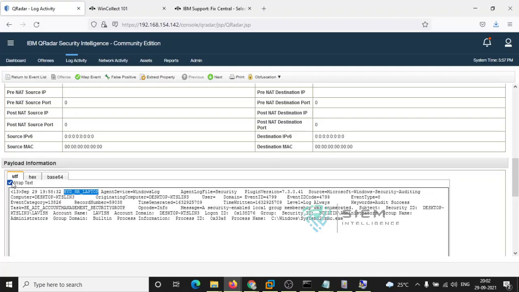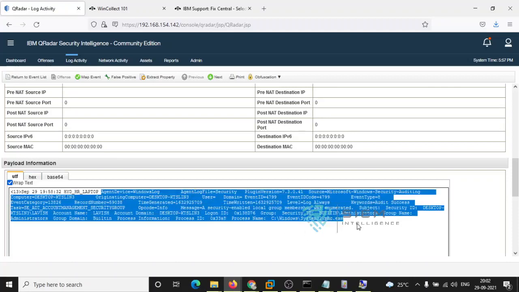If you wrap text, this will be the time till HYD HR laptop, till this location is called start of the message and end of the message. Here you can understand this is the event collection time and this is the log source identifier, followed by the entire thing is log of Microsoft.